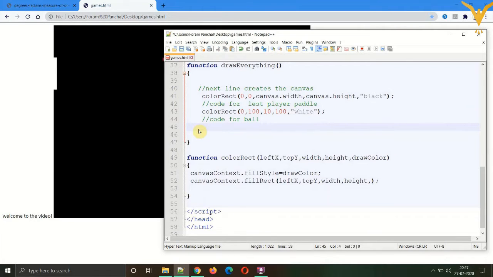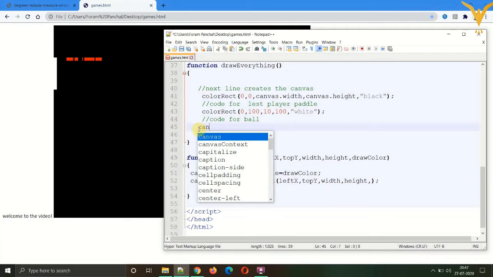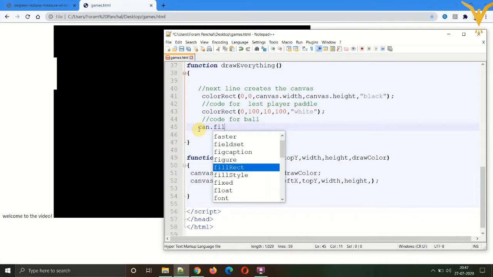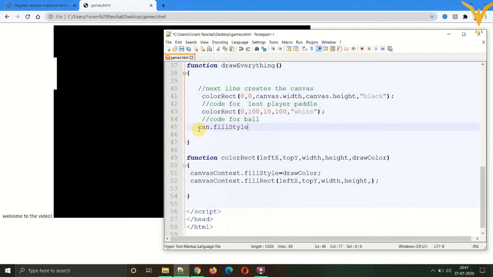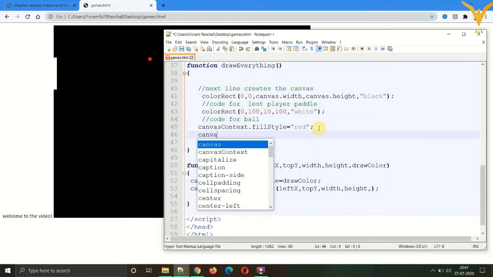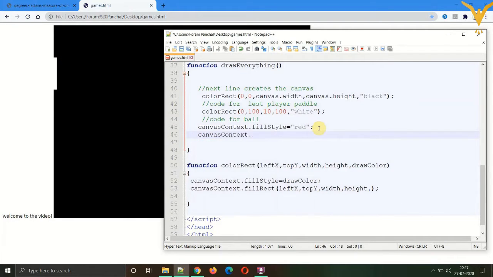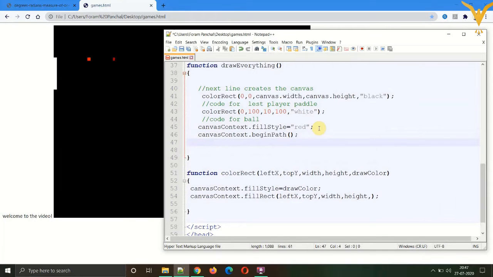For the ball, we need to write canvas context dot fill style, which is equal to red, then canvas context dot begin path, then we'll define the function arc